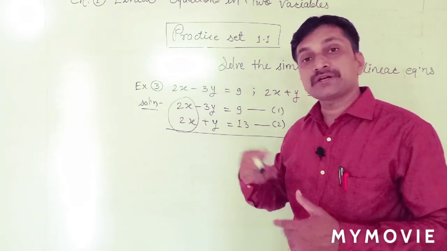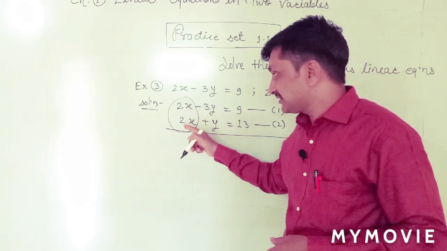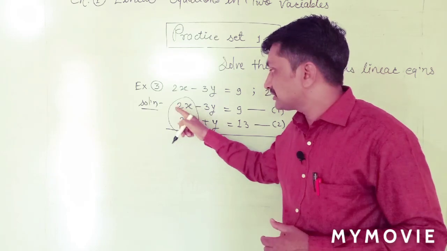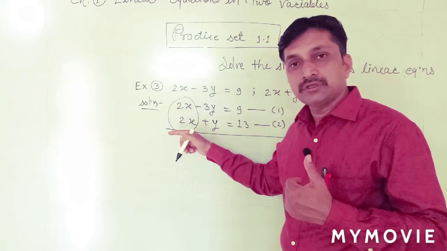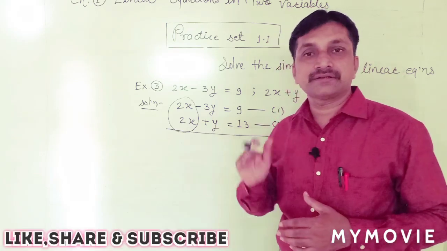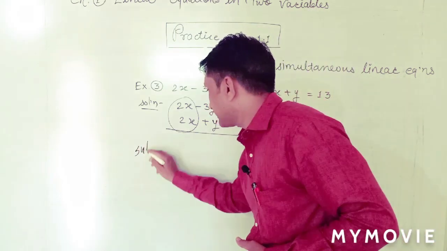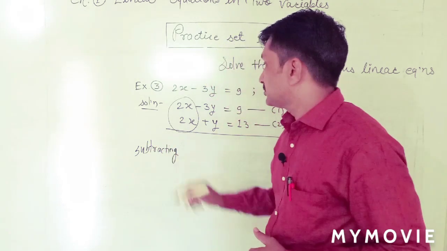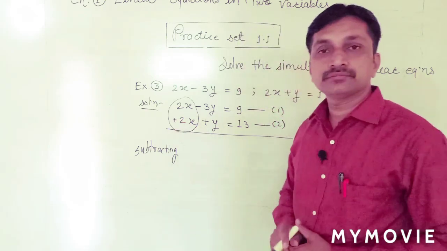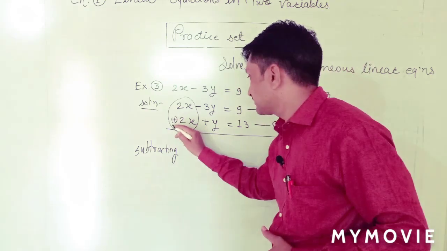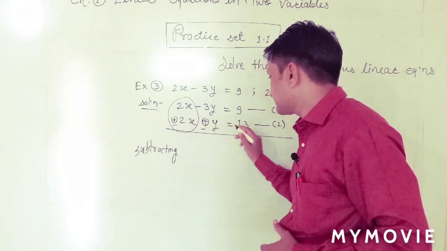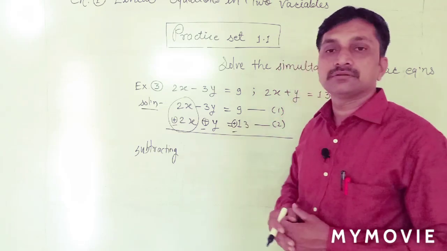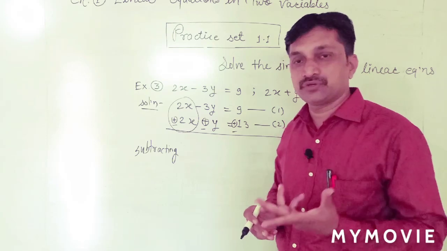Now the sign. If we select x for elimination, we want their signs opposite, and here the signs are the same. If you want opposite signs, subtract. Therefore here we have to subtract. For opposite sign, subtracting, change their signs. Original sign plus, new sign minus. Here original sign plus, new sign minus. Original plus, new sign minus. All the signs of the second equation are changed.